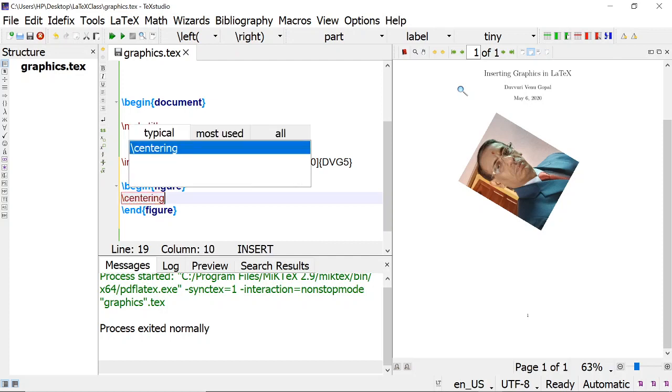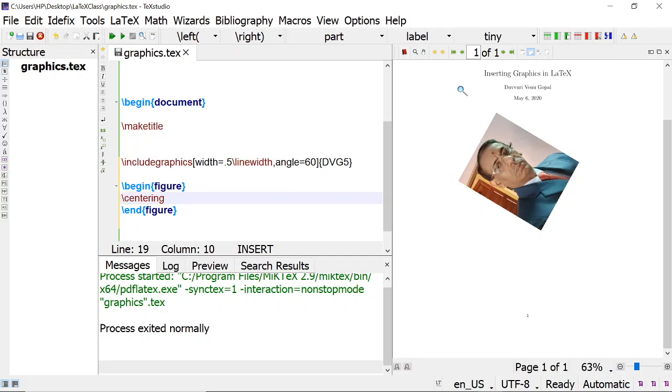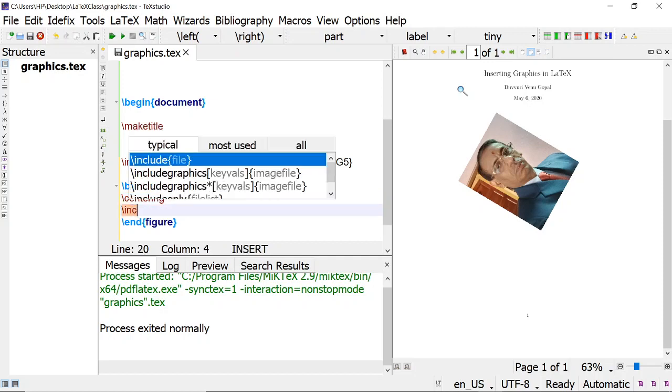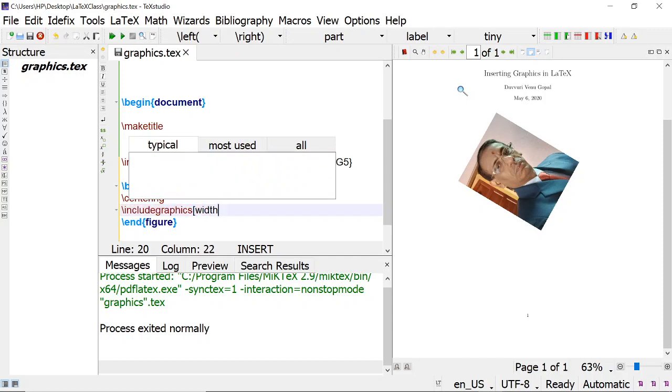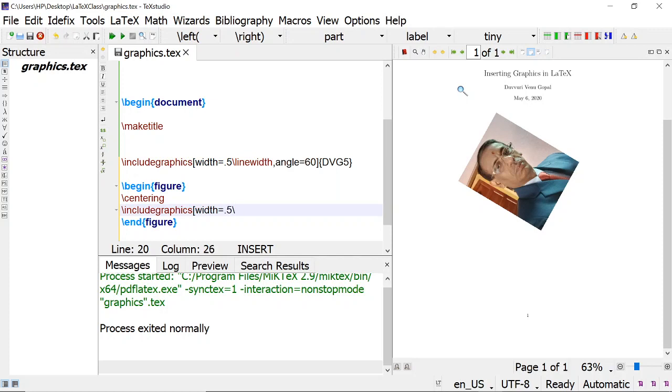You can say centering. Then you write includegraphics, width is equal to 0.5 line width and then the file name, DVG 5.